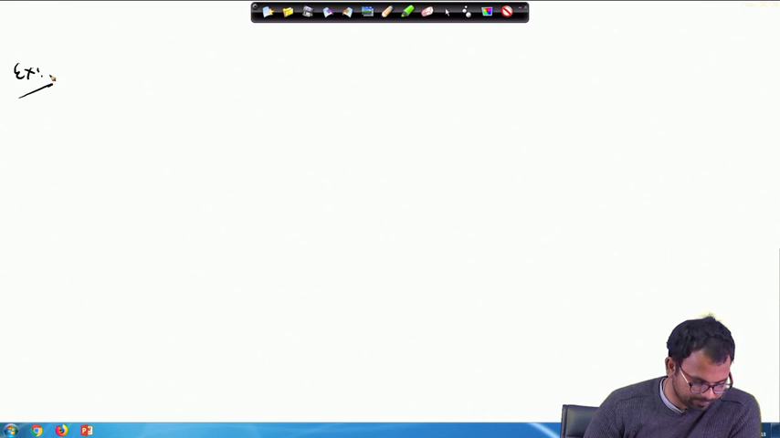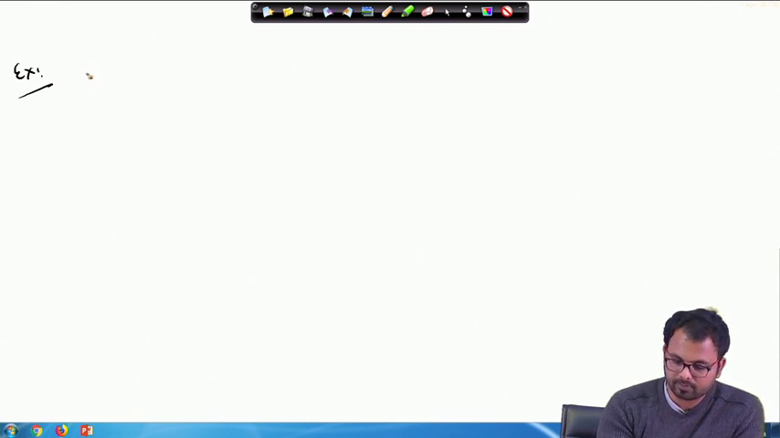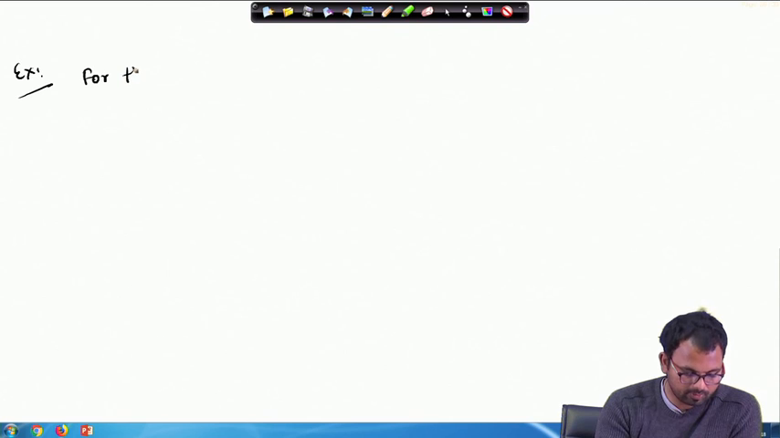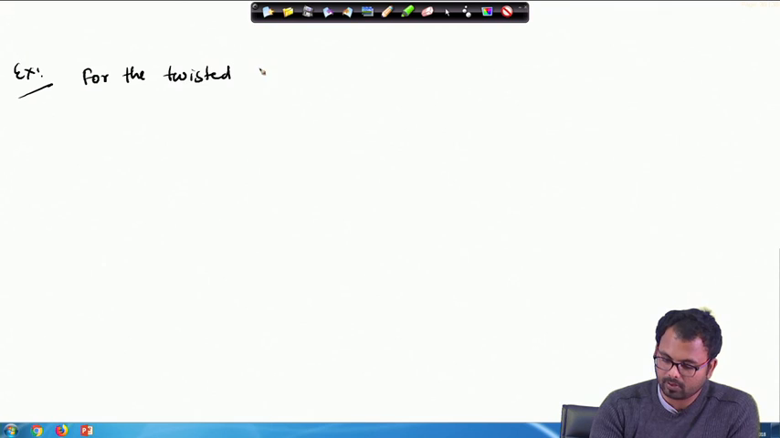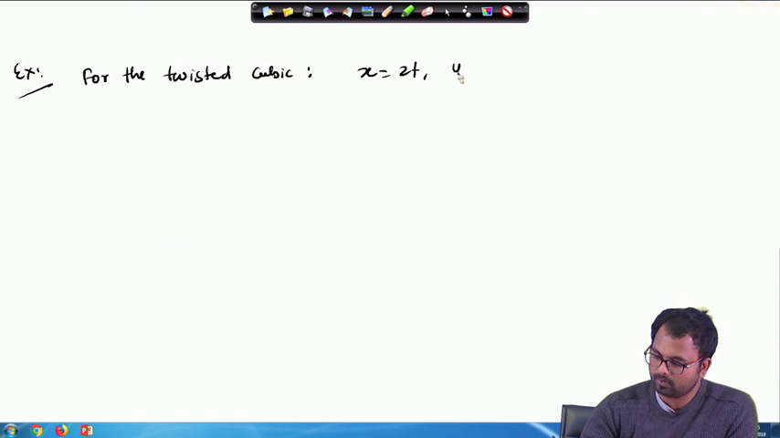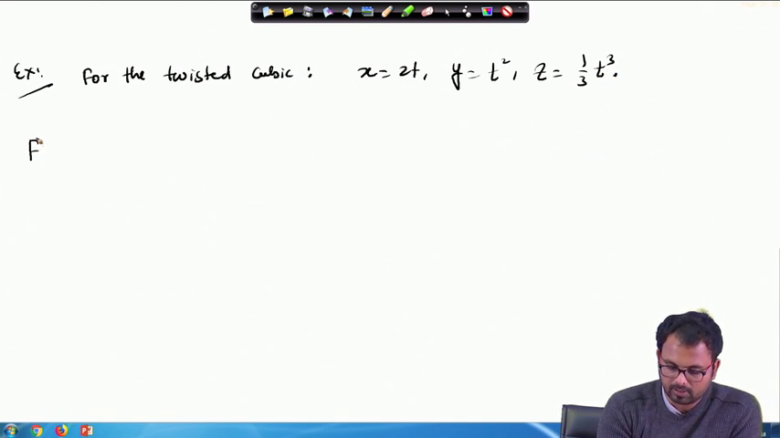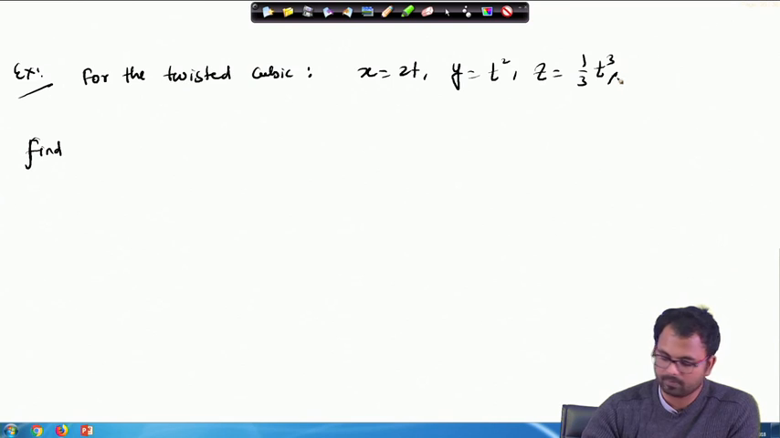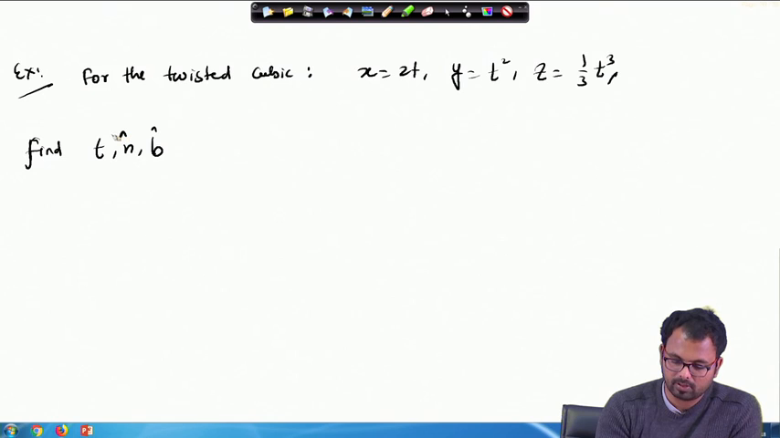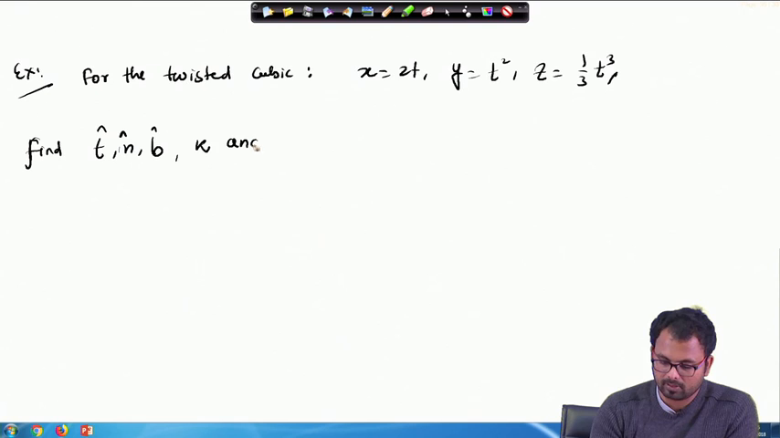So, we will start with the twisted cubic, x equals 2t, y equals t squared and z equals 1 by 3 t cubed. If you are given these, then find T, N, B, the unit tangent vector, unit principal normal, unit binormal, kappa and tau